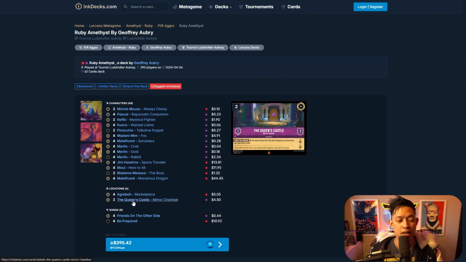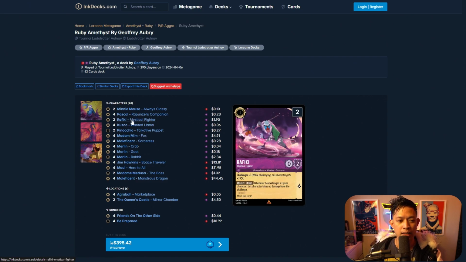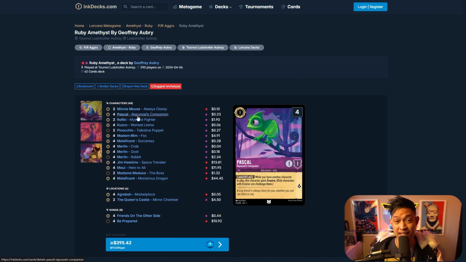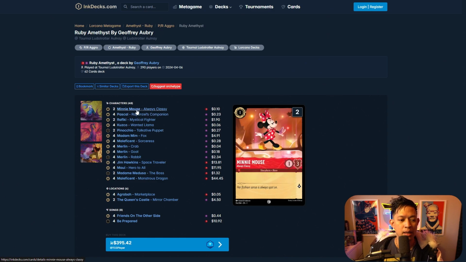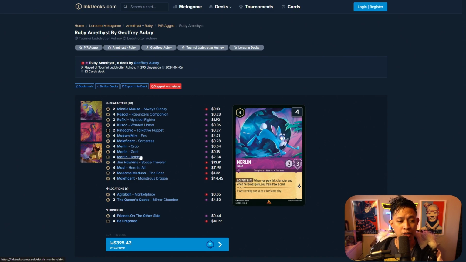It has so much location. So I think it's trying to be as aggressive as it can be. I'm not sure though, without the snake, how good it would be at winning the board early, right? And it only has two Rafikis as well. It has 4 Merlin crabs, so that helps a lot with the Minnie Mouse, and Pascal can even trade as well. But other than that, it's probably trying to win the board early from turn 1 to turn 4,